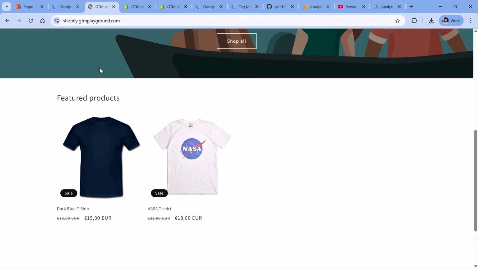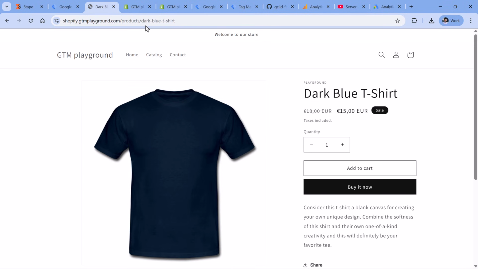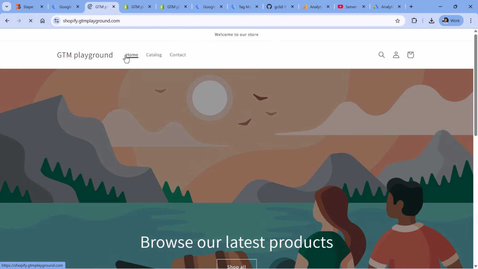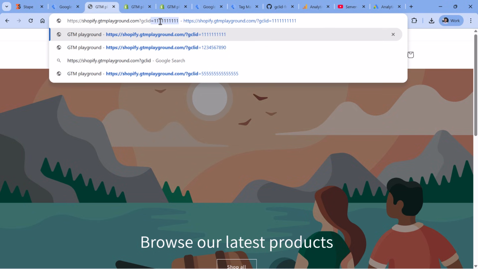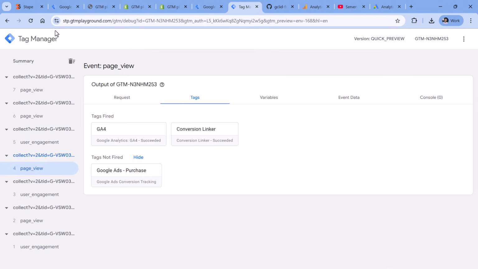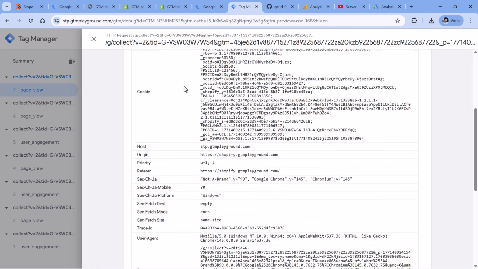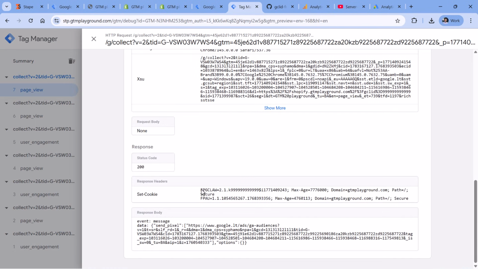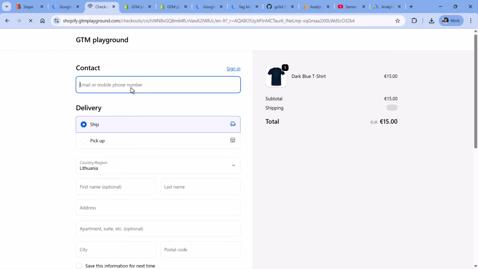So I will go to the product page. I should already see some page view. Here it is. Although no, one thing that I realized is that maybe I should try entering a different Google Click ID just for the sake of demonstration. So GCLID, and let's call this 99999, something like that. So in the preview mode of the server container, I have the page view. Here is the incoming request. And together with that request, the server responded that this cookie should be created, and it's our latest Google Click ID. Then I will go to the product page, buy it now, then submit the form,